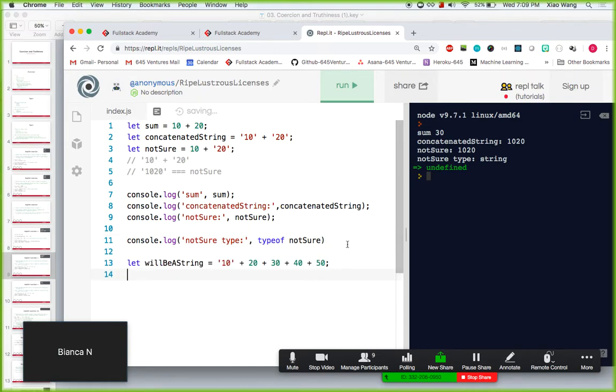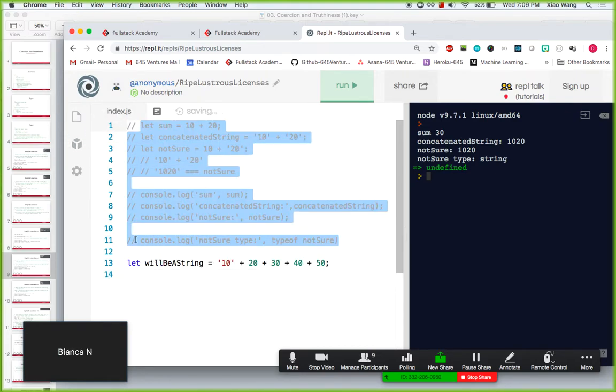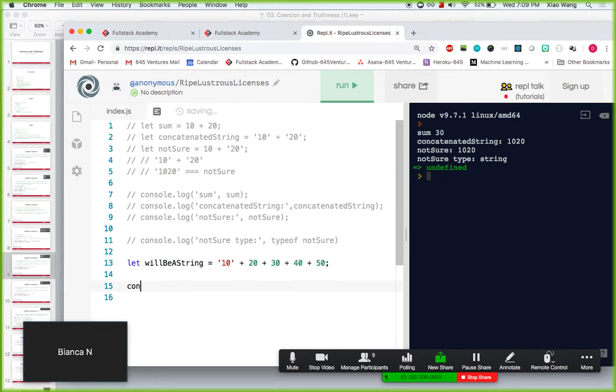So here, let's comment out all of this up top. But yeah, let's now console log out... I thought it would auto-populate for me. What is this doing? Okay. Anywho,